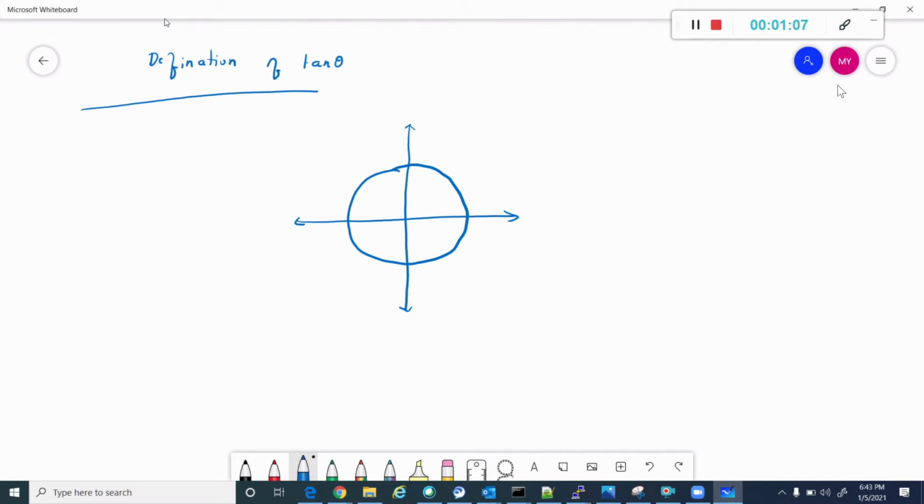We had learned that sin theta is equal to opposite by hypotenuse, right? Yes, sir. So do you have any doubt on it? The concept is similar triangles. Right. Okay.